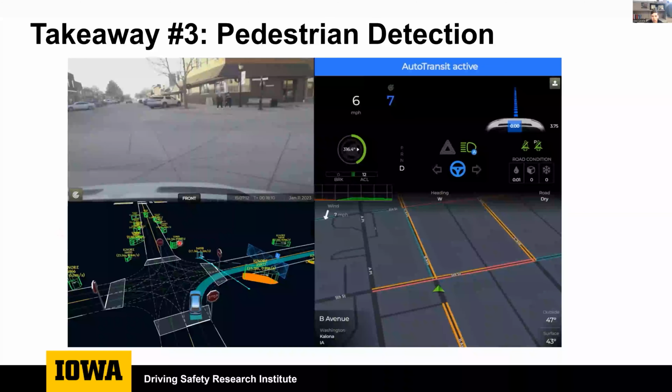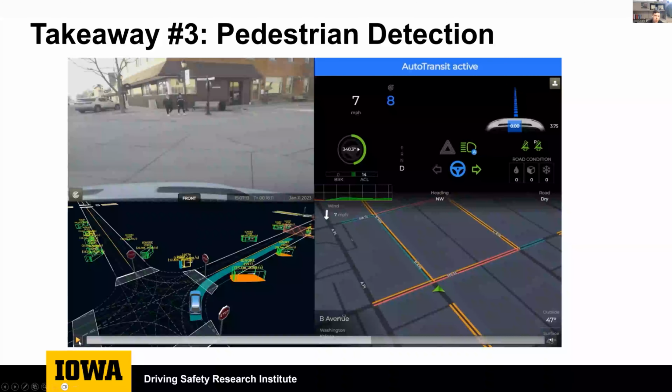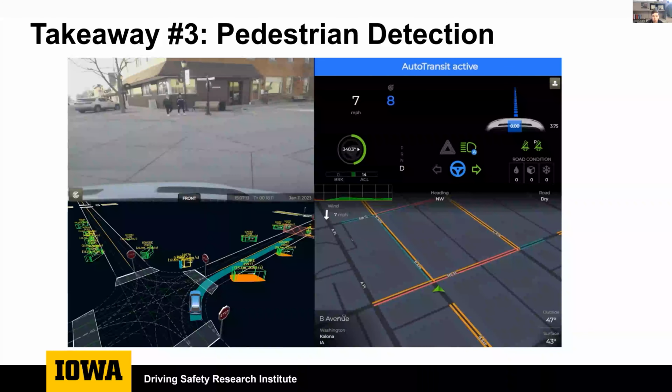So Apollo not only detects objects, but then classifies them. The green objects you see around are vehicles. Yellow is designated for pedestrians, and blue is designated for bicyclists. As you can see here, we sometimes have issues with perception in pairs of pedestrians or groups of people, where it will pick them up as a bicyclist. Or as you can see here, a couple frames later, it sees a bicyclist and a separate pedestrian. So the detection categorization is very helpful, but it can have issues at times.